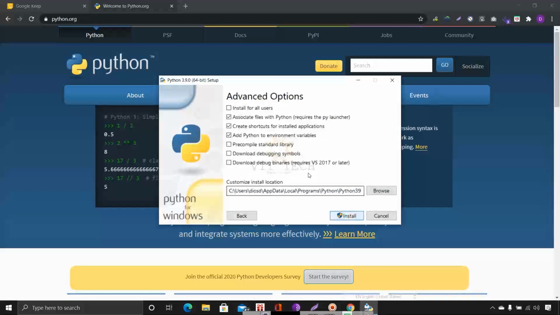Then click next. Ensure everything is checked in that optional panel. Now install for all users. This is the installation location. Then click install.